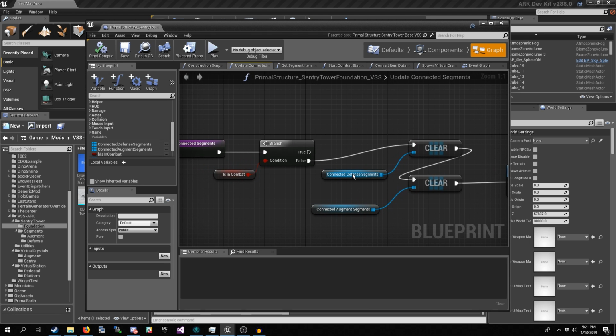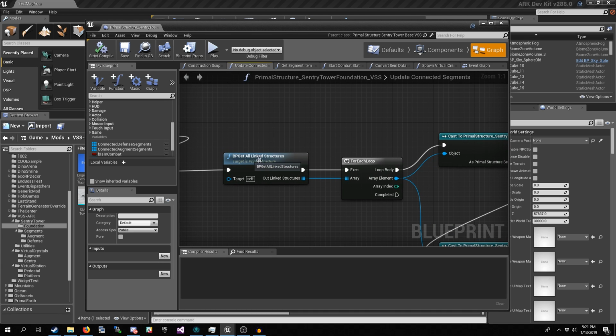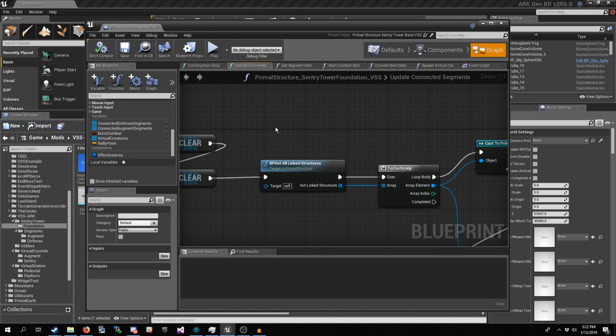So we're going to clear out both of those arrays just to make sure we don't get any duplications. We get all linked structures. Now this is a function that we've included, and the way it works is it goes through the array of linked structures that is already on the structure class itself, and then it goes through all of the structures in that list and gets all of their linked structures, and so on and so forth.